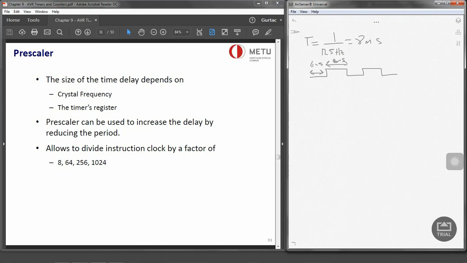Okay? And this means we have got 4 milliseconds as the pulse of the wave, and we know that we have got an 8 megahertz clock, so the period of that clock is 1 over 8M, which will give us 0.125 microseconds. So we know the pulse is 4 milliseconds, and we know the period is